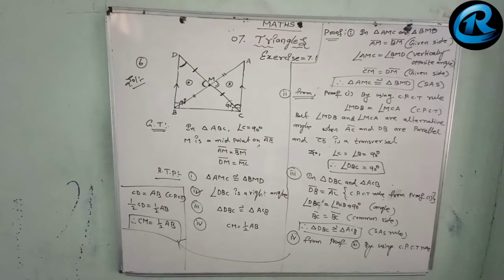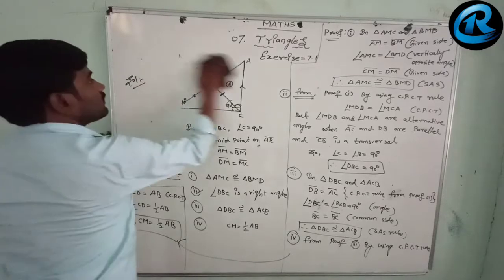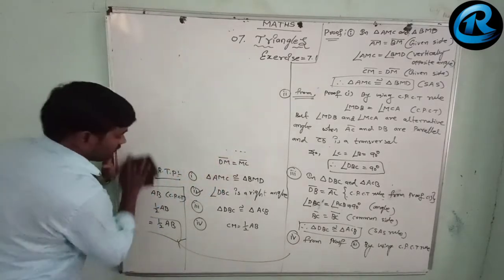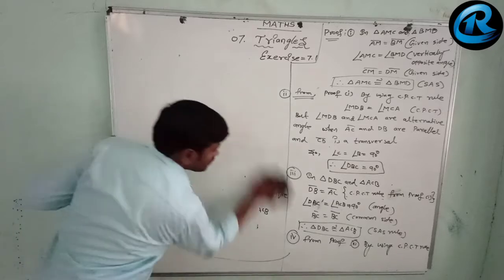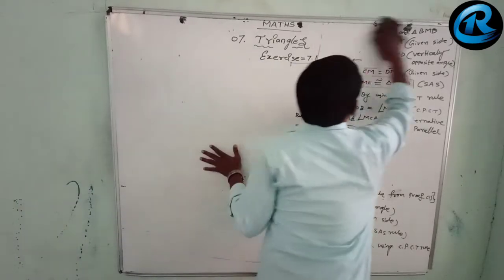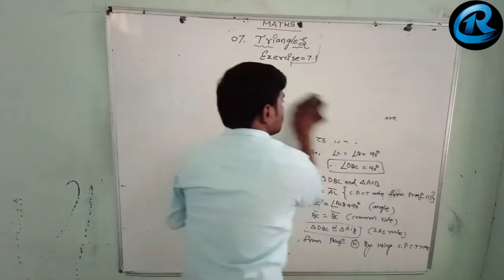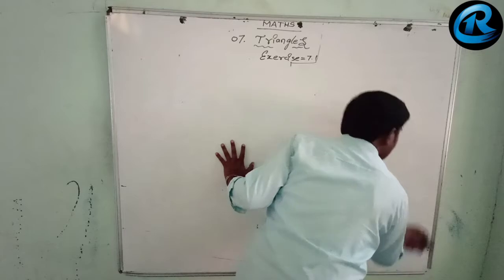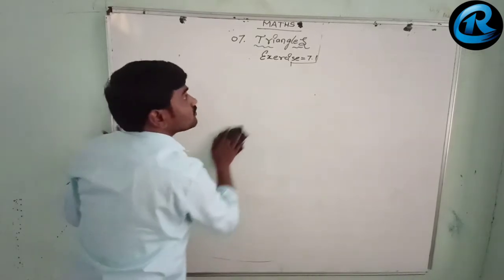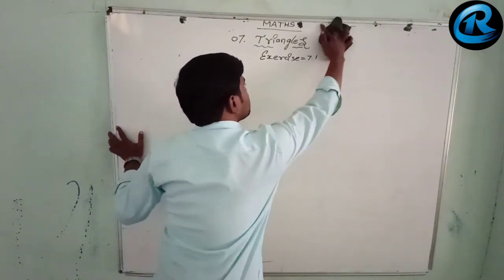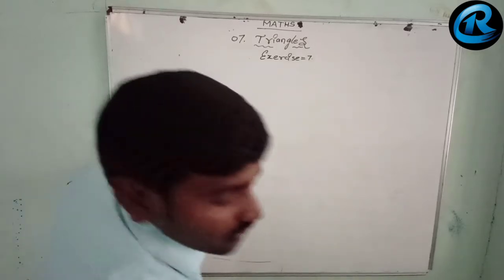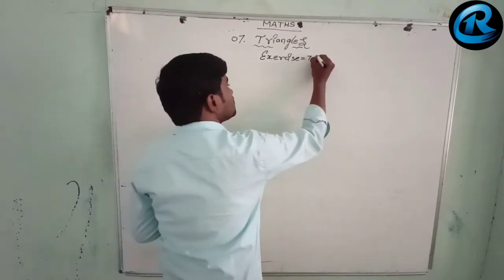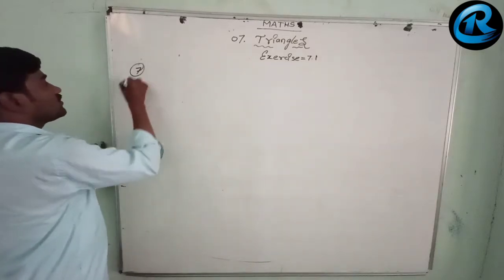Look very closely and try to do it very carefully. Now we go for question number 7. See, these problems will be very interlinked. If you go for the first group, it will be linked to the second group and third group and all. The CPCT rule plays a main role in this. The corresponding parts of congruent triangles play a main role. So you have to concentrate on the CPCT rule also. So we will go for the 7th solution now.